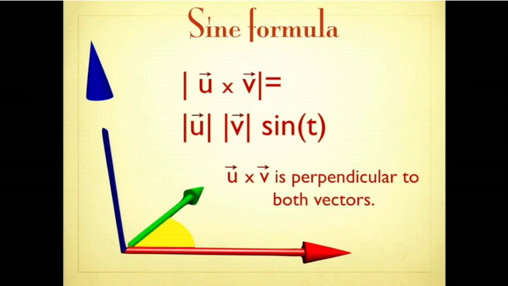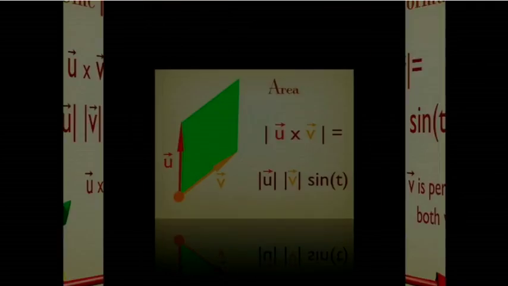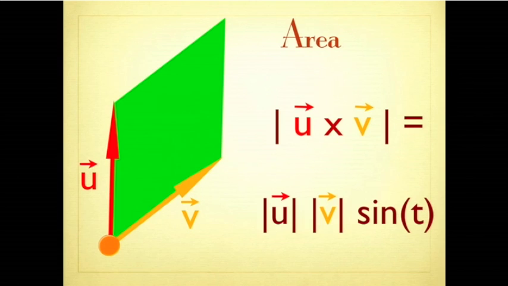And it immediately also tells you to interpret this as an area, because the height is v times sine of the angle. And so you have the base times height. That's the area we have computed. We have the picture of the area. So this is just this triangle here. This is the height, v times sine t, base times height. Very useful, the cross product, for computing areas, for computing vectors perpendicular to it.